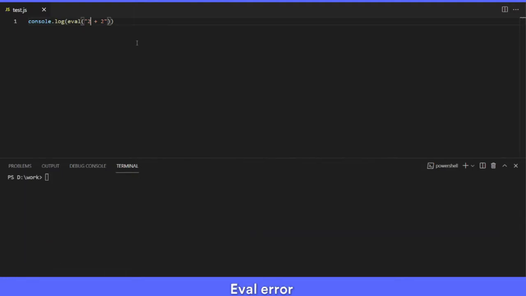Whenever there was an issue with this eval function, we would normally get an eval error. At least we used to get an eval error. Now what has happened is the ECMAScript specification has removed this error altogether. So you won't be getting this error now for the most part, but it's still there. The object is still maintained. So if you have used this function anywhere in your code, for backward compatibility they have maintained it, so the code will not break in case you have used this in your projects. But I would strongly recommend you to not use this function anywhere in your project, and I'll show you why.